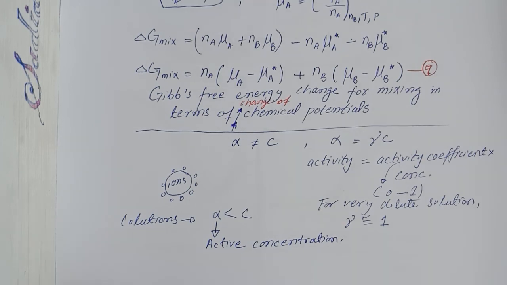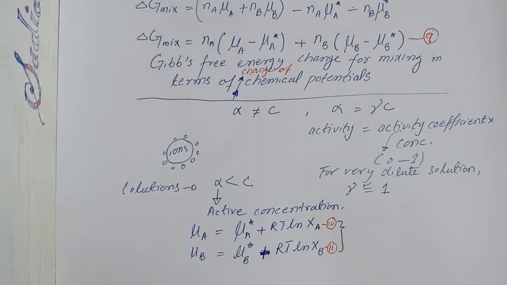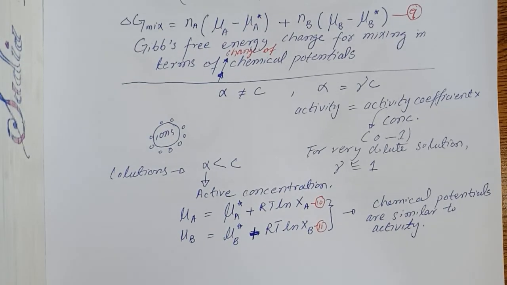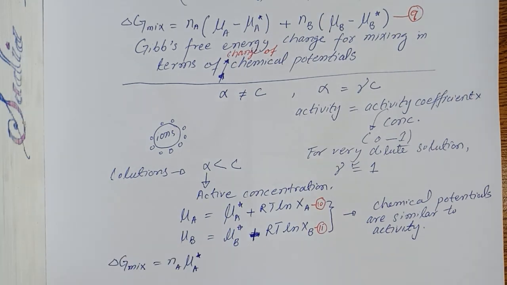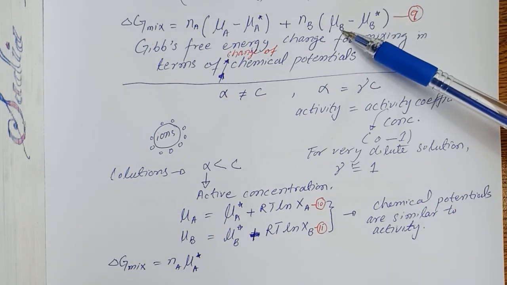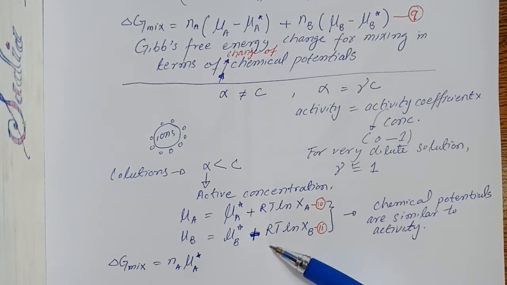And the chemical potential of the component A and component B within the solution is given in equation number 10 and 11, and these equations are applicable for the solutions when the chemical potentials are expressed in terms of activity. So in this way we can again express the equation number 9 in terms of the equation number 10 and 11, in which we are going to replace the values of the chemical potentials of either component within the solution with the chemical potentials of the component A and B in terms of the relation that is showing the chemical